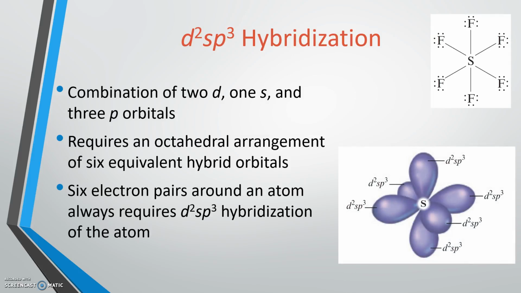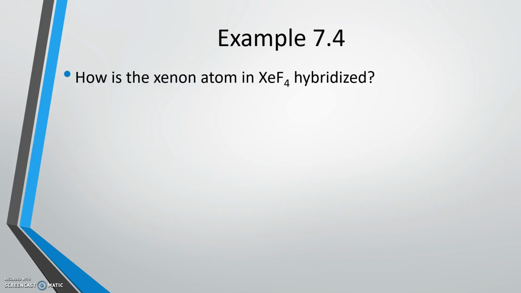So you can see this on the side in the sulfur hexafluoride. The sulfur has its 6 d2sp3 orbitals that it will share electrons with fluorine's sp3 orbitals to form 6 sigma bonds. Another example of this is xenon